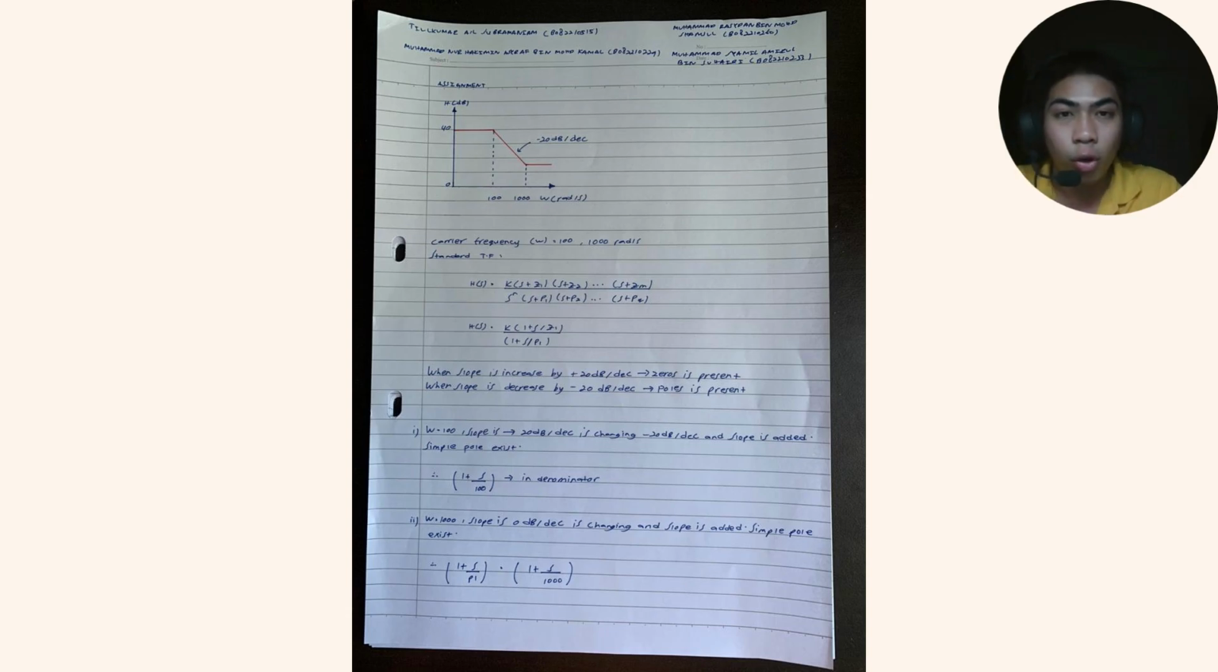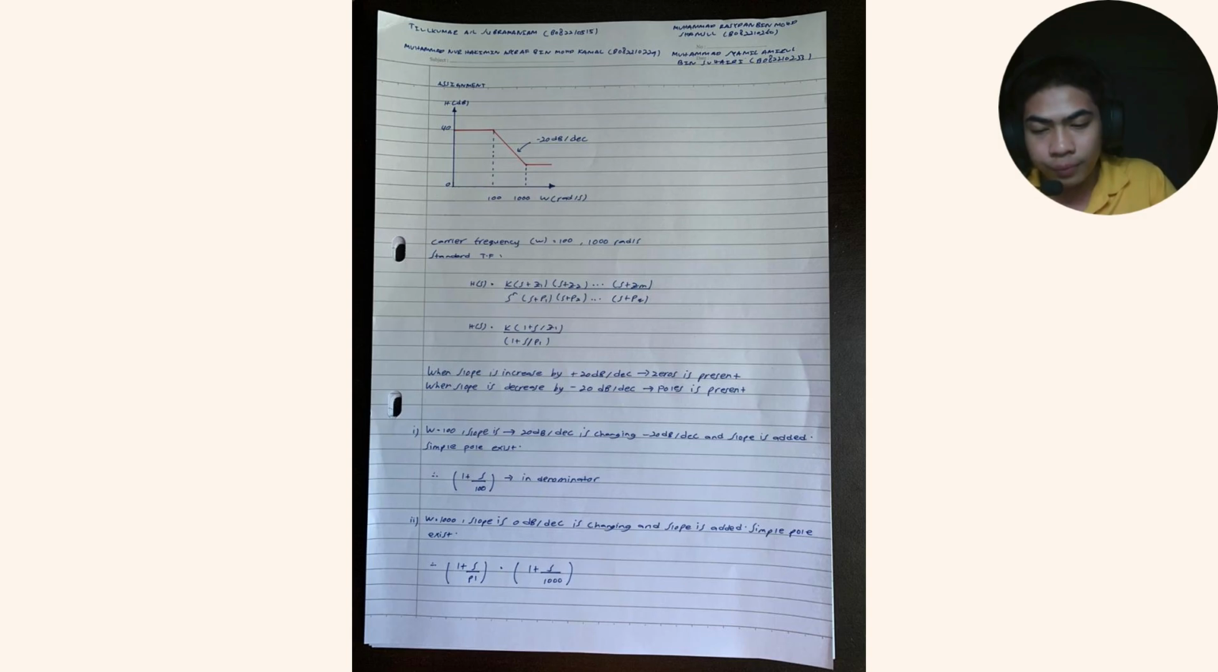So here we got omega of 100. The slope of 20 dB per decade is changing to negative 20 dB per decade, so a slope is added. So we can simply clarify that a simple pole exists. Therefore we got 1 plus s over 100 in the denominator. Next we got